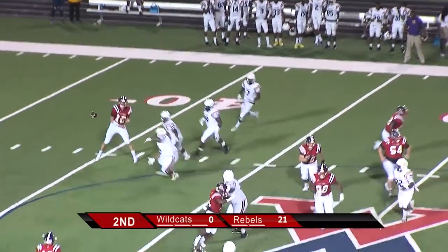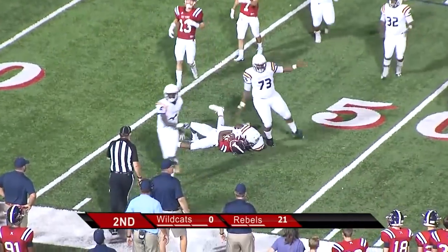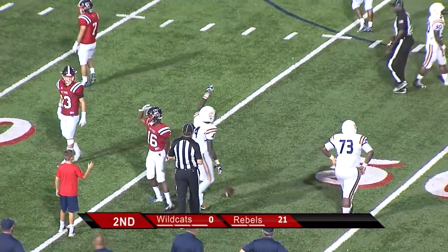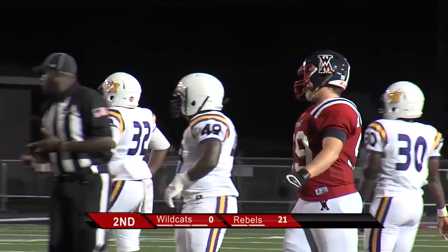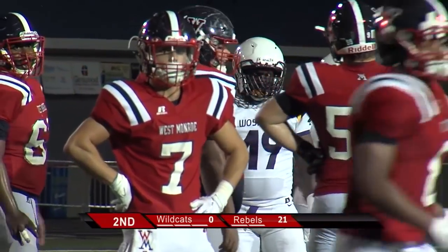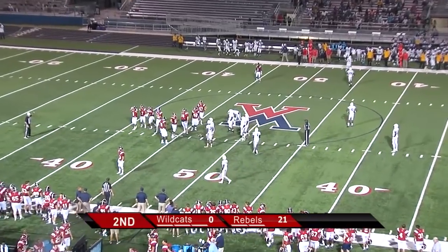Common will take the snap, look to his right, throws it to Hamburg. He's got some blockers out front, tries to avoid a defender, but it won't be much on the play that time. Nice defense by number 9 for the Wildcats. That's Aaron Key, the junior cornerback. Makes a nice play, so they try to get some blockers out in front of Hamburg to show off his speed, and nice defense that time by the Wildcats. Yeah, if you can stop Michael Hamburg for a loss of 1 after a reception, you're doing a pretty good